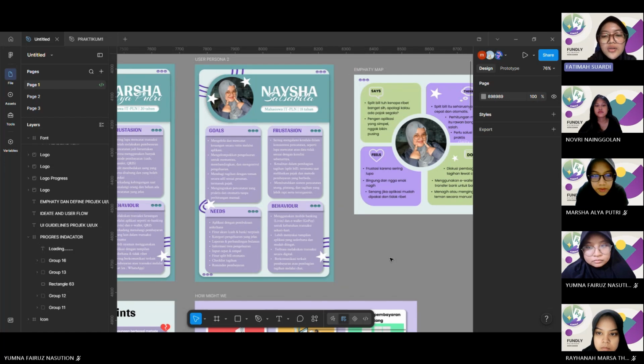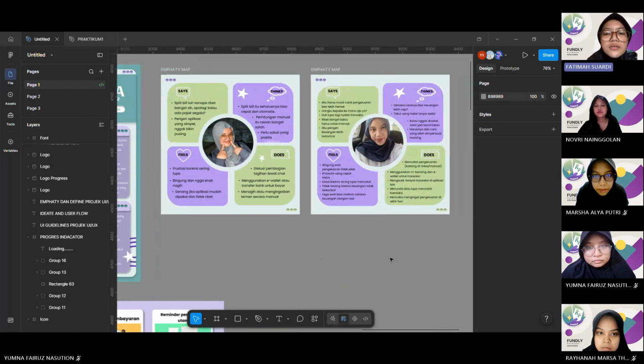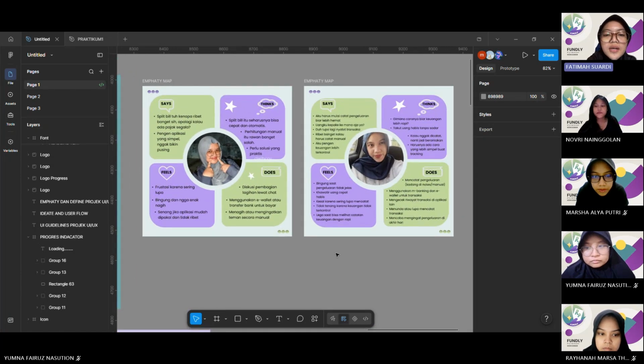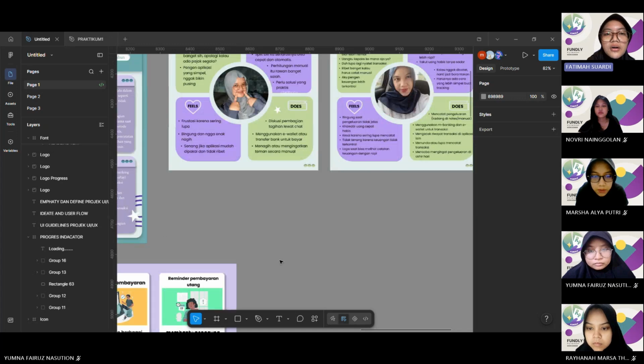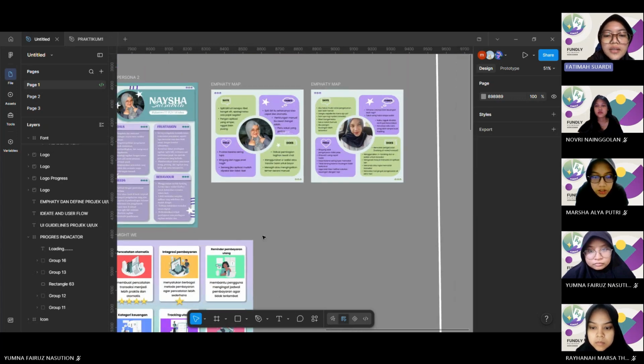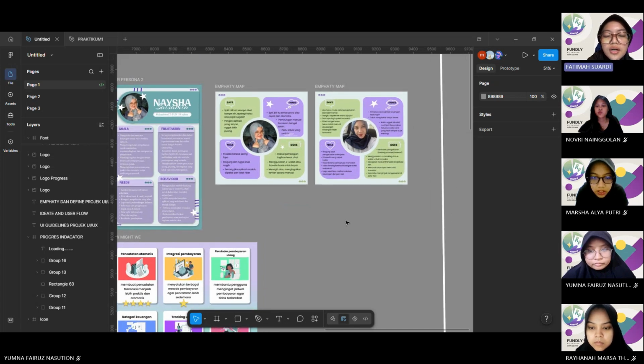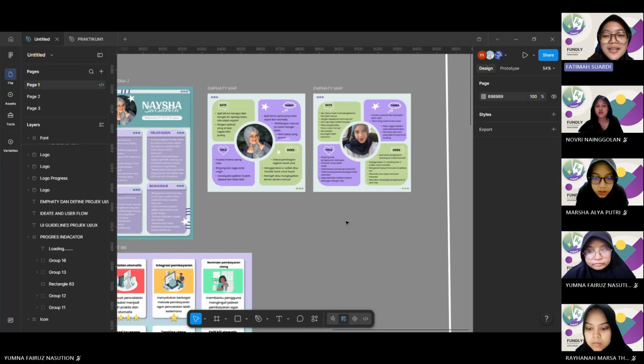After developing the user personas, an empathy map was created to gain a deeper understanding of the user experience in terms of thoughts, feelings, words, and actions. The empathy map found that users often said they forget to record their expenses and found the process of splitting bills to be complicated. On the other hand, they believe that financial management should be more practical and automated. Users are also worried when their expenses exceed their budget and feel uncomfortable having to chase down friends who haven't paid their share.